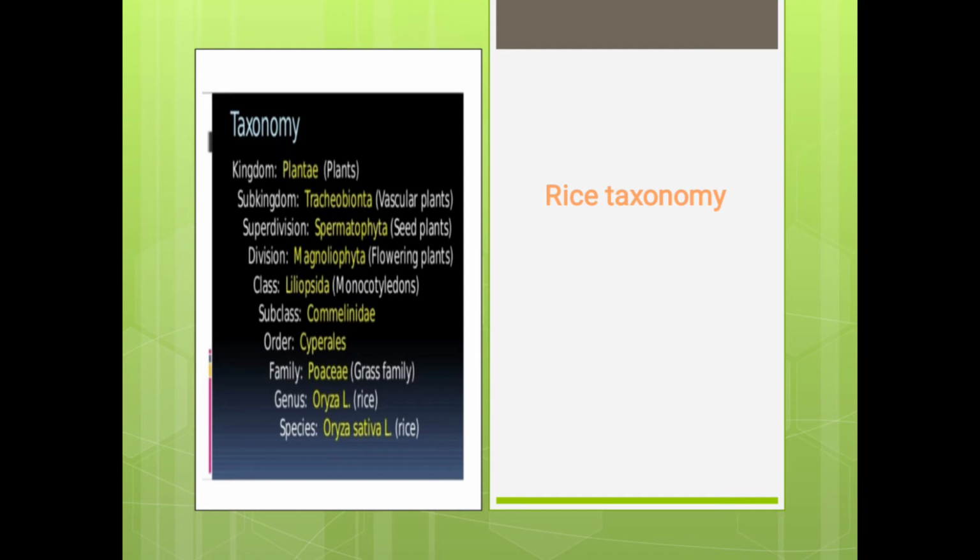Rice belongs to the kingdom Plantae or plants; subkingdom Tracheobionta or vascular plants; superdivision Spermatophyta or seed plants; division Magnoliophyta or flowering plants; class Liliopsida or monocotyledons; subclass Commelinidae; order Cyperales; family Poaceae or the grass family; genus Oryza L., specifically rice; species Oryza sativa L., also rice.